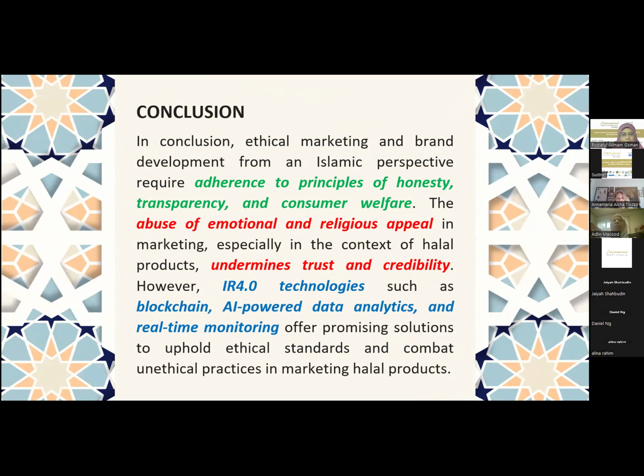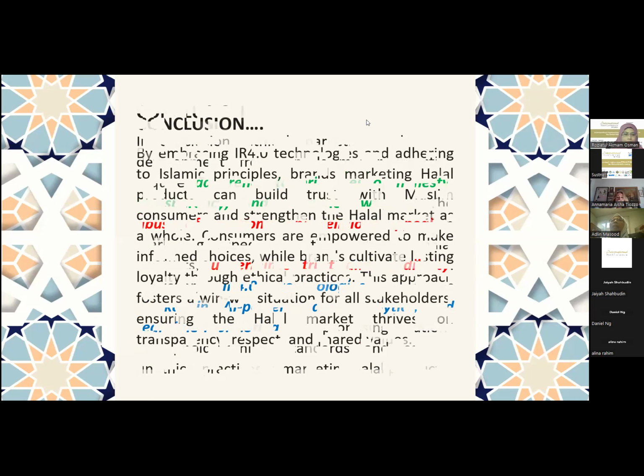ethical marketing and brand development from an Islamic perspective require adherence to principles of honesty, transparency, and consumer welfare. The abuse of emotional and religious appeal in marketing, especially in the context of halal products, undermines trust and credibility. However, IR 4.0 technologies such as blockchain, AI-powered data analytics, and real-time monitoring offer promising solutions to uphold ethical standards and combat unethical practices in marketing of halal products. That's it. That's the end of my